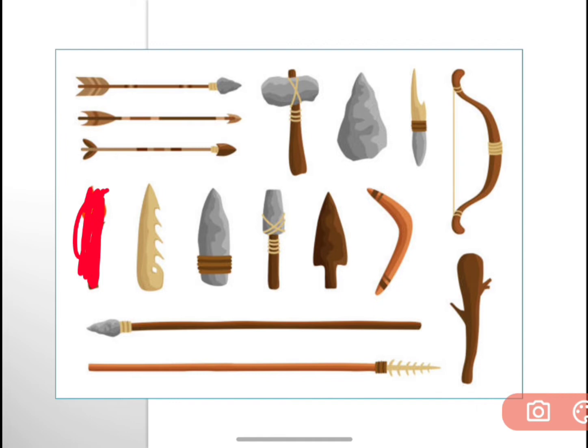Sometimes they made the tools with the help of bones of the animals also. They used the stones, and slowly they started using the bones of the animals. Can you see here, this is the bone of an animal which they shaped like a tool. Okay, children, next,